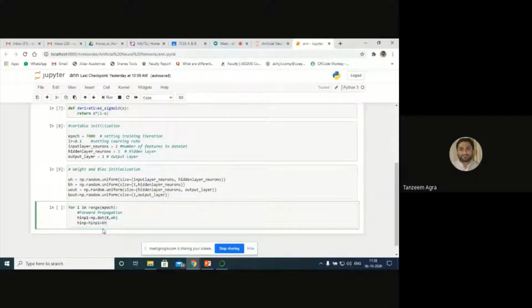To pass this to the sigmoid function, I'll have one more variable, say h layer underscore act equals, and the sigmoid I have already called.